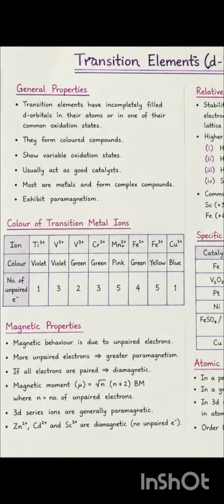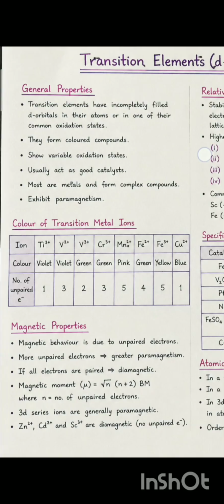Color of transition metal ions: Ti +3 shows violet color, and the number of unpaired electrons is 1. V +2, vanadium +2, shows violet color, and the number of unpaired electrons is 3. V +3 shows green color, and chromium +3 also shows green color. The number of unpaired electrons is 3. Manganese +2 shows pink color, and the number of unpaired electrons is